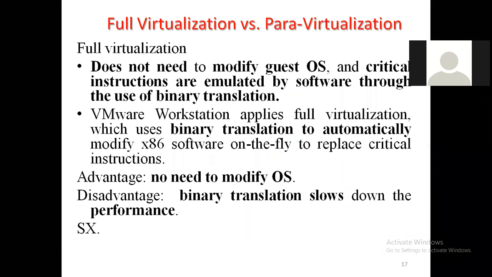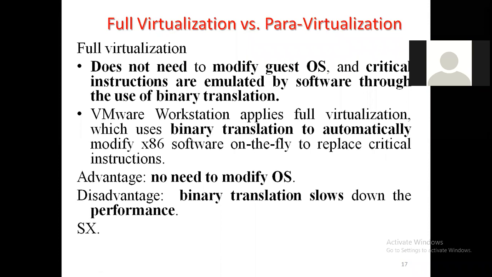In full virtualization, it uses binary translation plus direct execution. Both will be performed. But in para-virtualization, we use hypercalls and direct execution. Both will be used. In full virtualization there is no need for a modified operating system. One of the disadvantages of full virtualization is that binary translation is somewhat slow. It will degrade the performance compared with para-virtualization, guys.